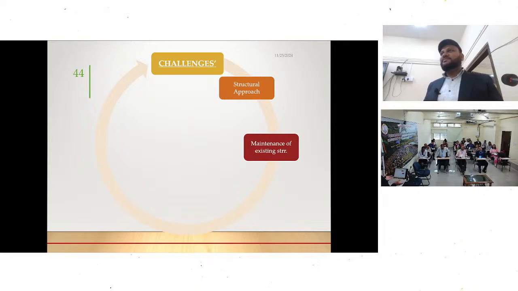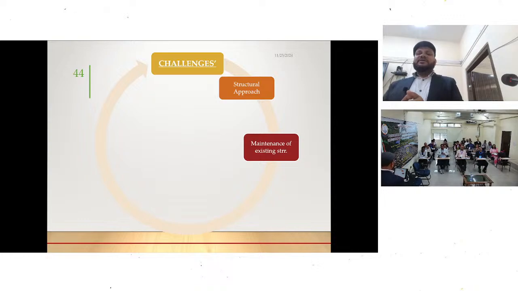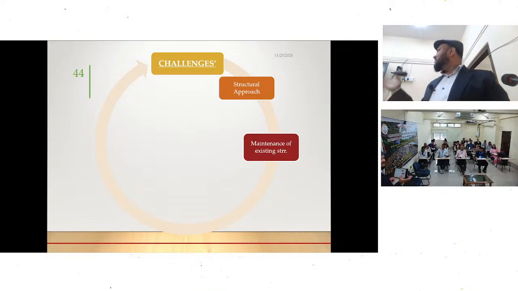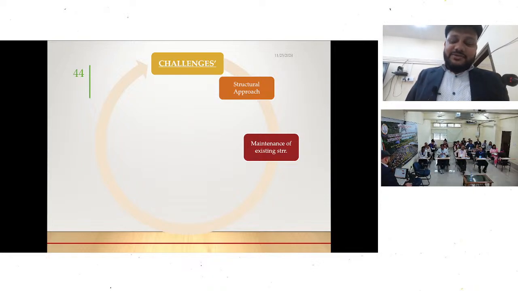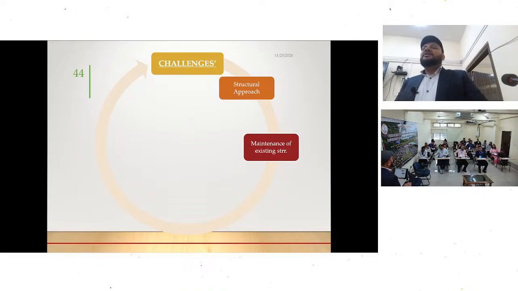This is the harsh reality. We are only interested in constructing structures, and after construction, another issue starts: the structures are not maintained. In Majuli, the Brahmaputra Board has constructed, as I told you, 27 kilometers of revetment, but there is no proposal or funding for maintenance. If we create any structure, we have to maintain it. Otherwise, it will not serve the intended purpose.